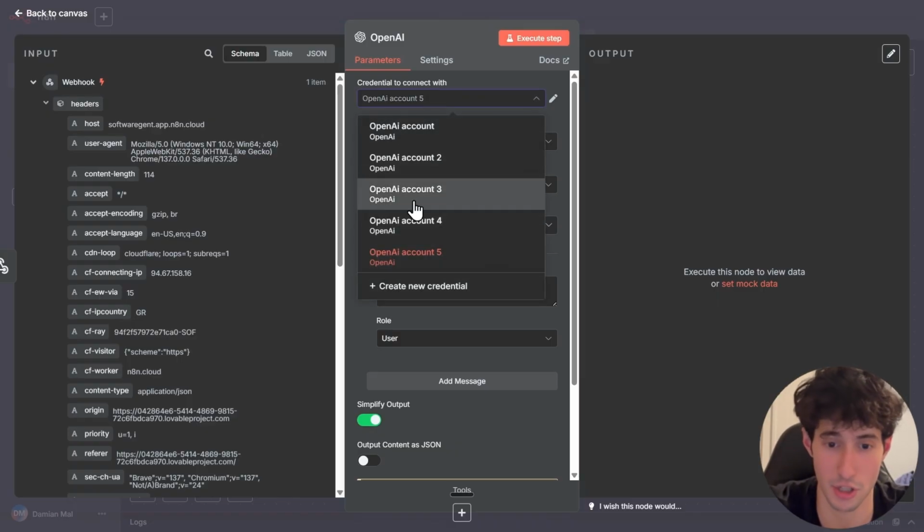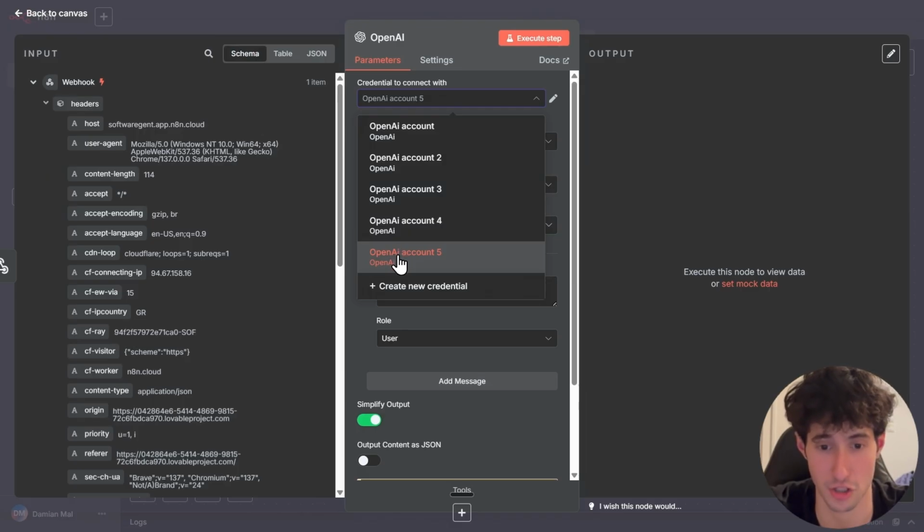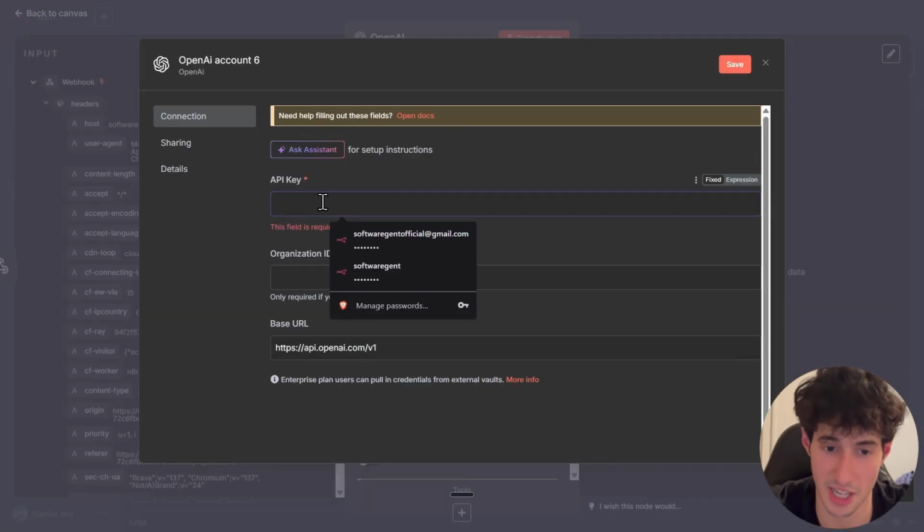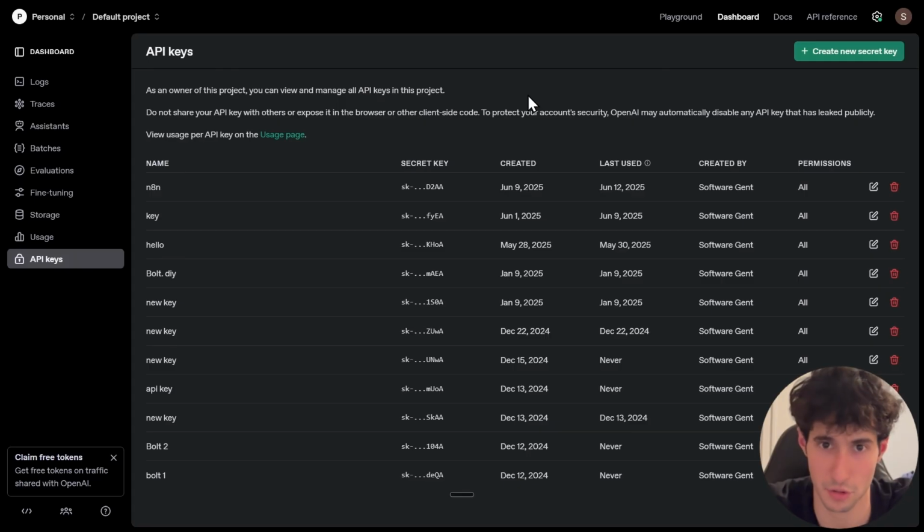So the first thing that we need to do, obviously, is connect our credentials. Now, if you already have connected them, you simply select them and you're good to go. But if you haven't yet connected them, I will show you how to do it. Literally takes like 30 seconds. So you simply come over here and click on create new credential. And as you can see, we need to insert an API key. Well, how are we going to get this API key? Well, you have to come over to